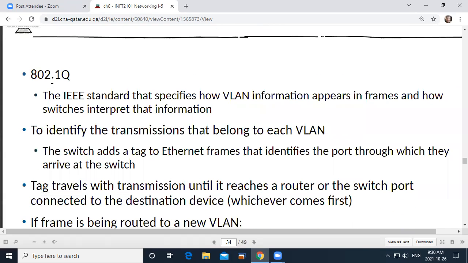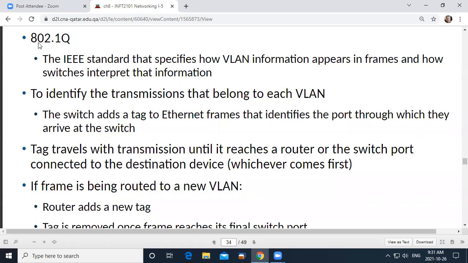All right, so we have this term called 802.1Q, and that allows us to sort of work with making that assignment. You'll see that this becomes an insertion into the frame, which is going to identify a particular frame to a particular VLAN. So in other words, each VLAN is going to have its own kind of frame. The frame is going to identify that that traffic belongs to that VLAN.